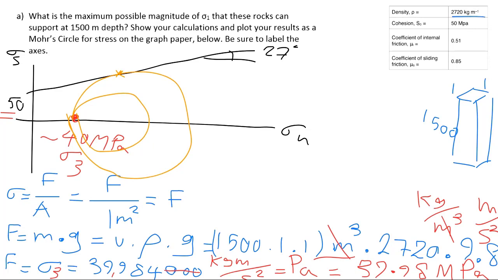In that case, your rock is going to hold the maximum stress, this one, for sigma 1, right? If you are doing it graphically, you should try a few times to increase the size of the circle that is limited under your failure envelope. So this is the way of doing it graphically,